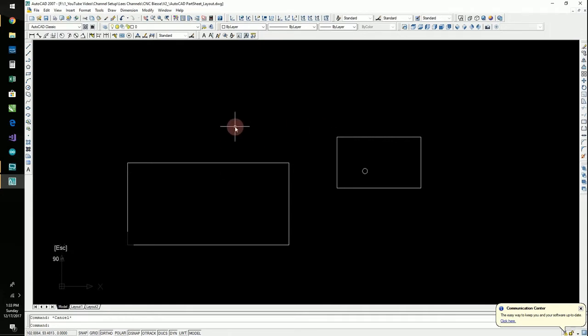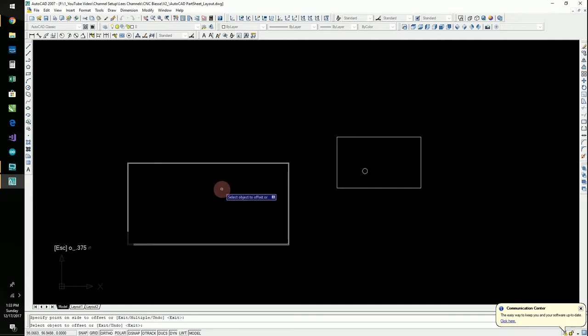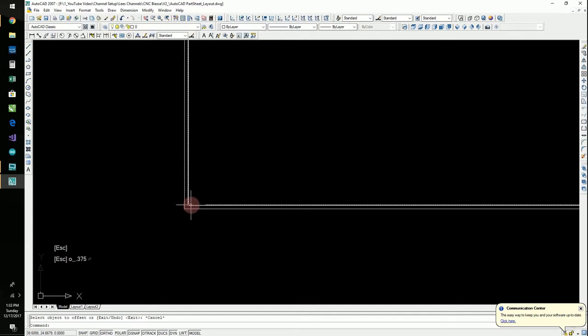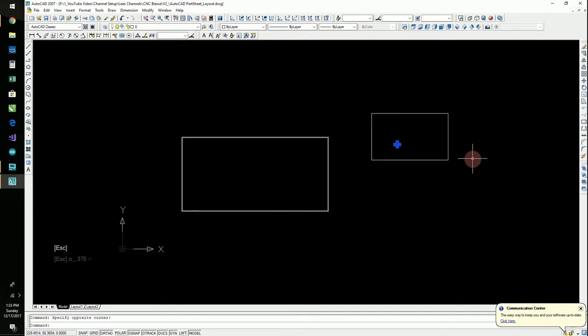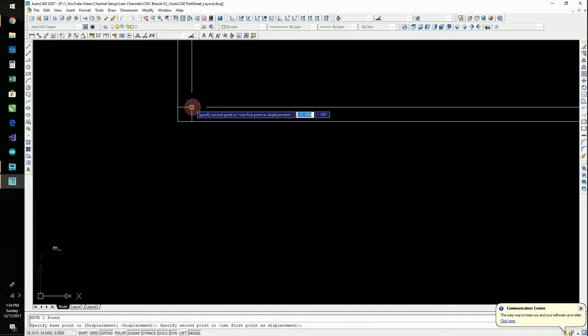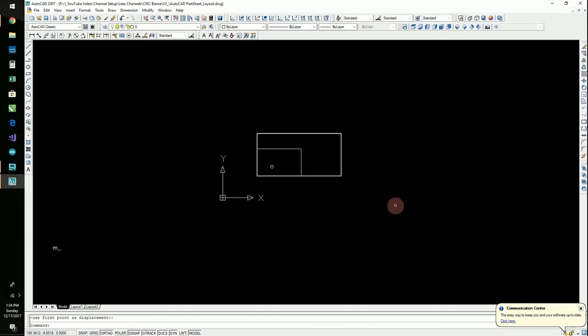All right, now I want to do an offset of 0.375, and what this is going to do is take my sheet goods, and I can put my part right here, and it's not at the very edge of my material, but it's close enough that I'm not wasting a bunch of material. So I'm going to hit move, spacebar from there, and then I'm going to come down here and put it there. Save. Excellent. So here we go. That's the beginning of setting up for a file to go into AlphaCam